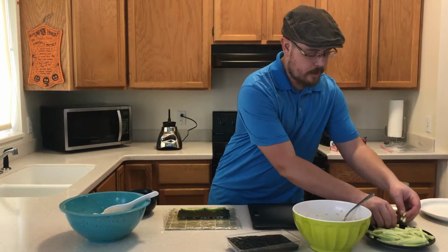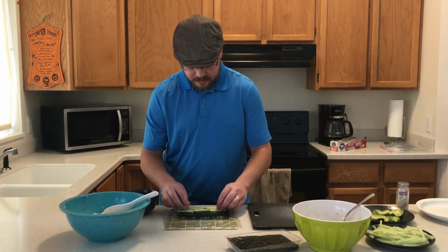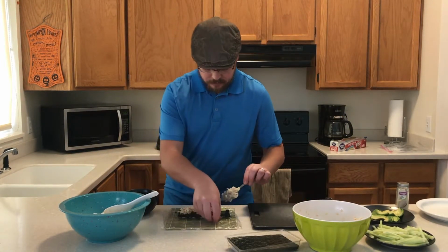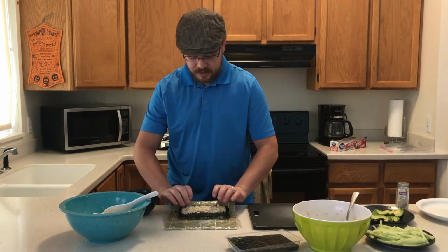And I'm going to take my cucumber and line it across there. That looks good. Then I'll take my crab mixture, and I'll go ahead and just throw that inside there. Now I'm ready to roll. So I'll take this